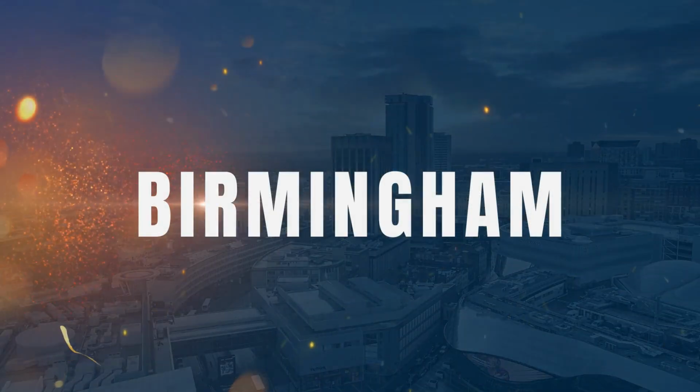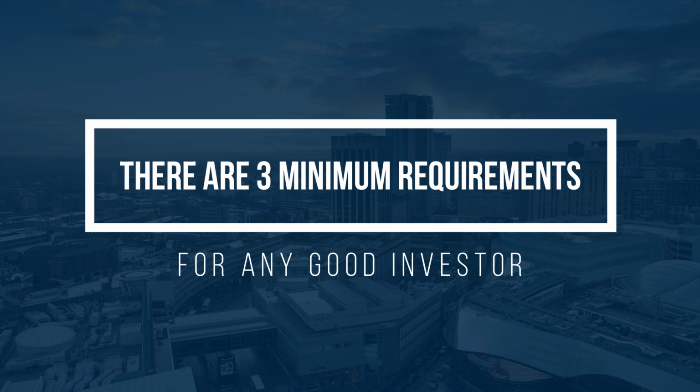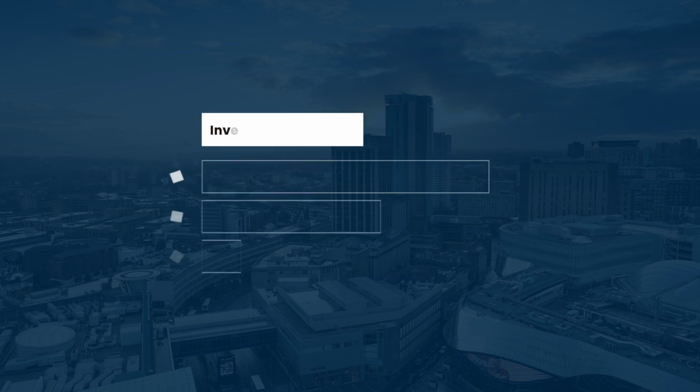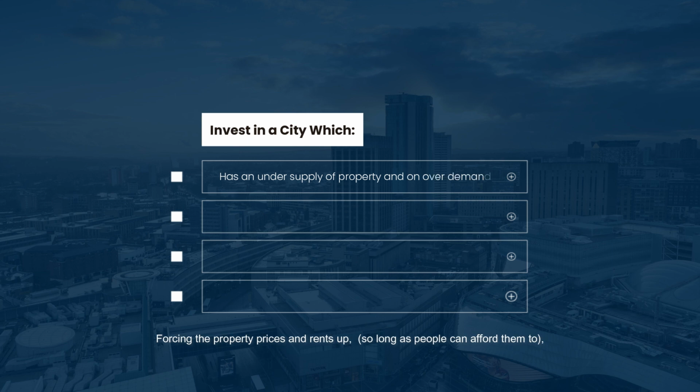Birmingham, let's go back to basics. There are 3 minimum requirements for any good investor. Invest in a city or part of the city which, 1, has an undersupply of property and an over-demand, forcing the property prices and rents up, so long as people can